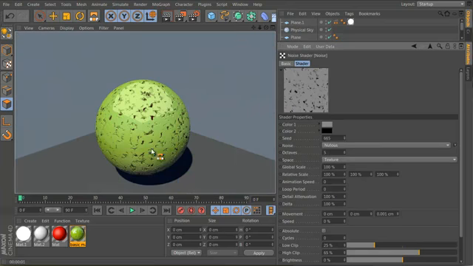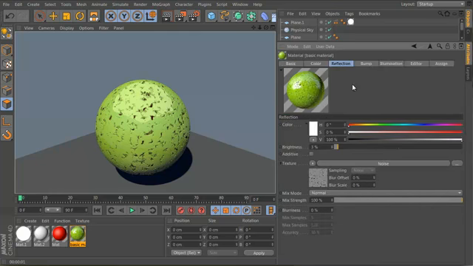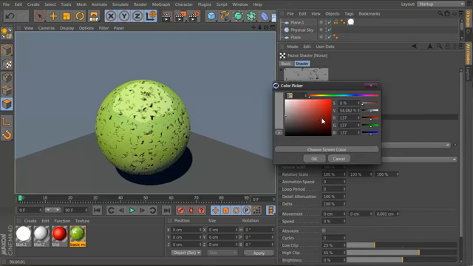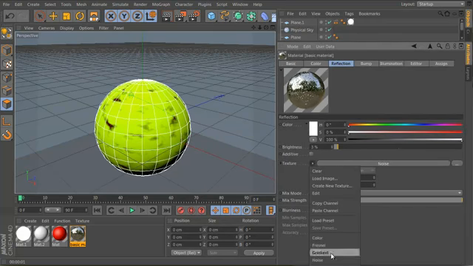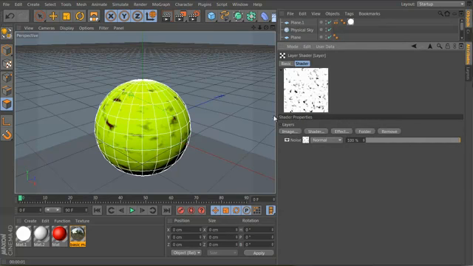See? Sweet, right? Now, let's say you still want Fresnel on this, but you already have this noise shader in it. So what you do is bring this back up to 100%, click on this little arrow, and click Layer. And it will automatically put what you had into a layer system. So this is like Photoshop. Now you can go Shader, Fresnel,